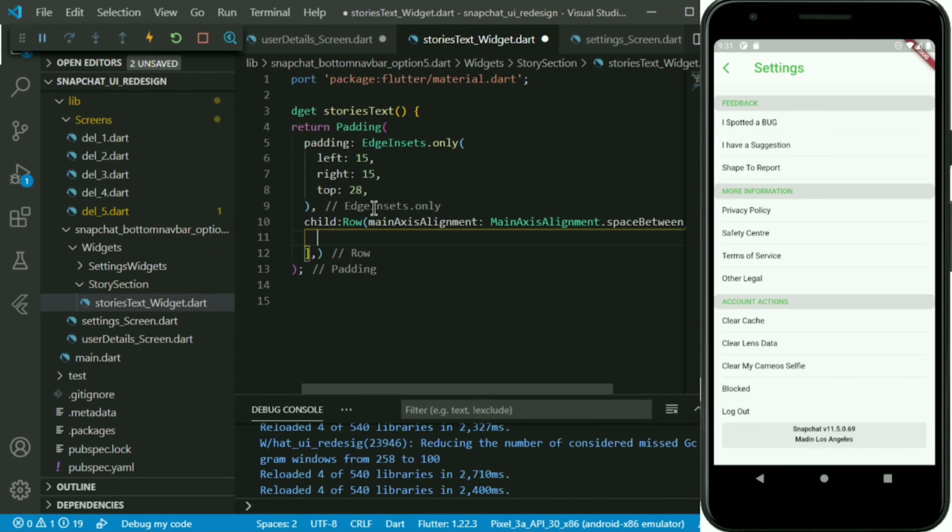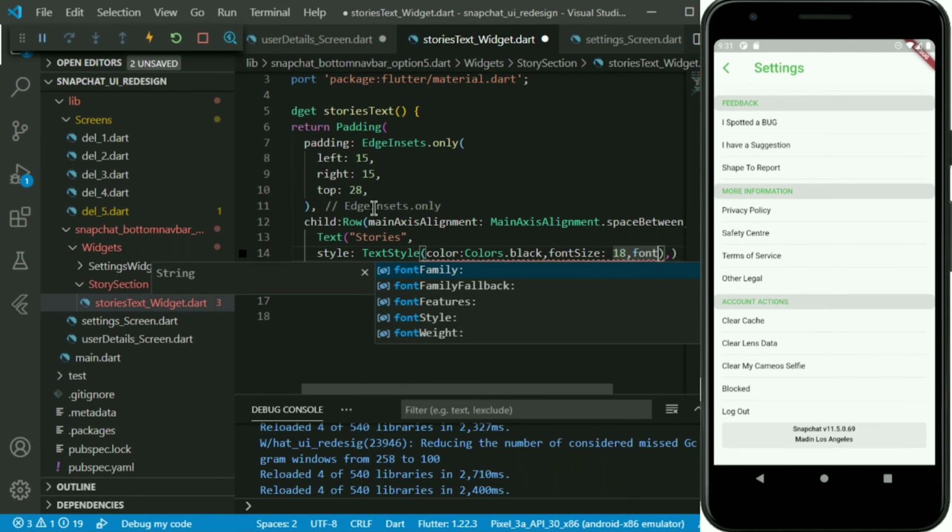For the top of this widget we have a padding with left and right padding of 15, and from the top a padding of 28.